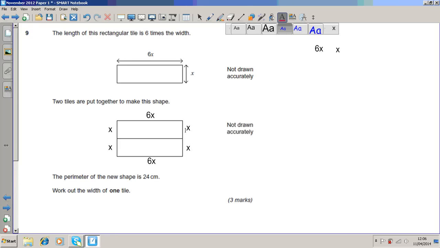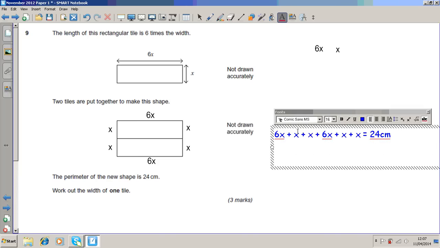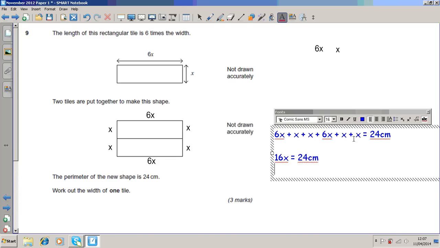So the width is the x value, so we're trying to find x basically. And I just got to remember the perimeter is around the outside. Perimeter goes around the outside, round the outside, round the outside. So if I add them all together, then that's going to give me 24 centimetres. All of my x's have to give 24 centimetres. So 6x, 7x, 8x, 14x, 15x, 16x equals 24 centimetres. So now I've got to do 24